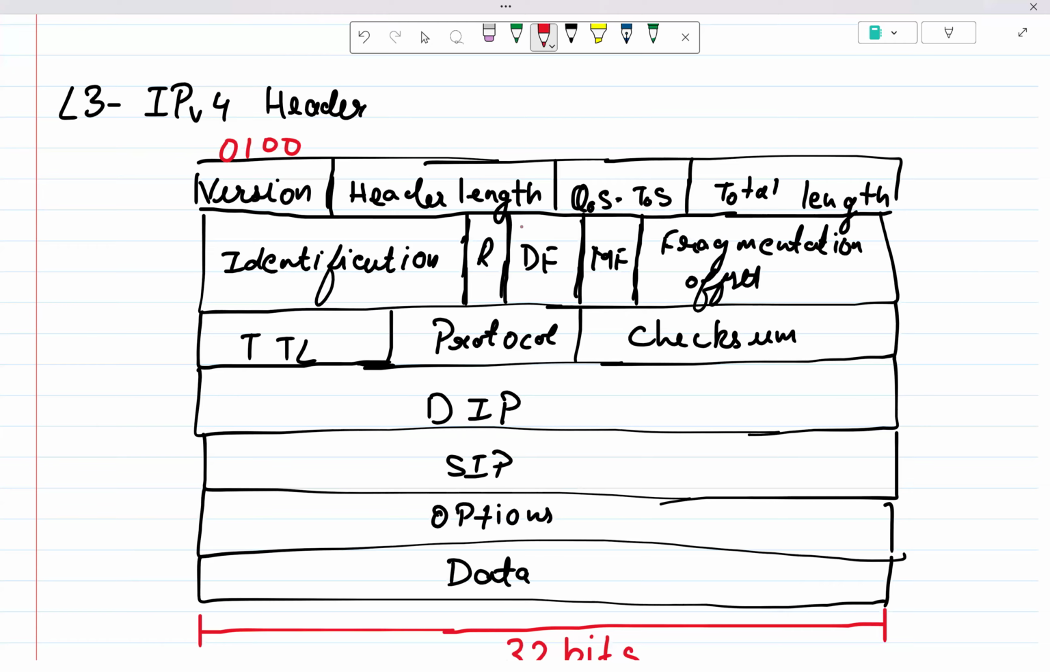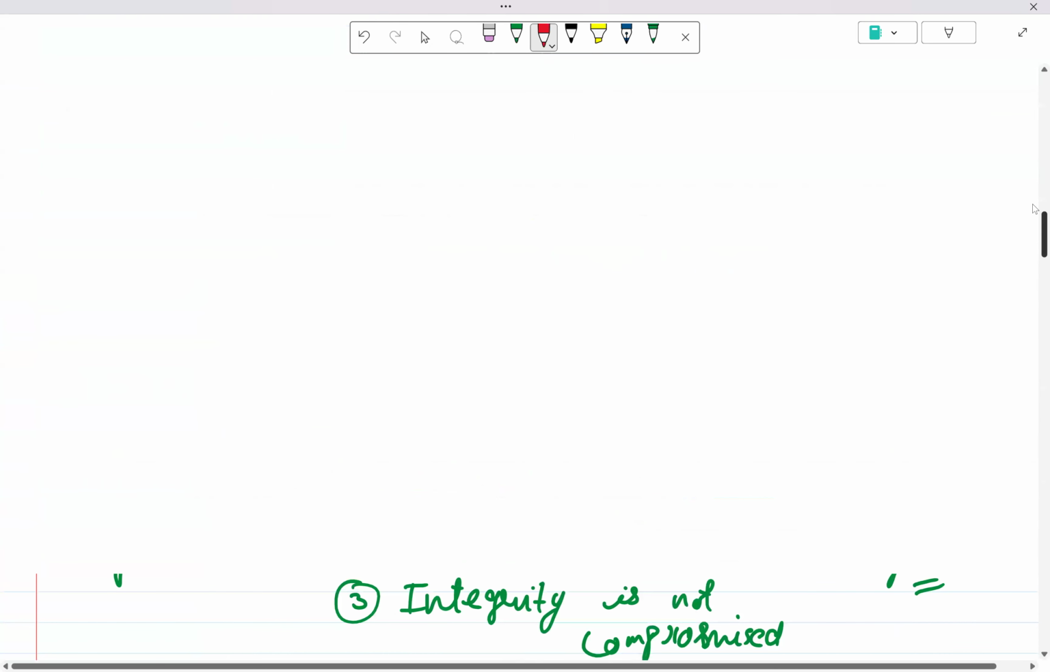Now the header length. Header length is the minimum size of your IPv4 header that is supposed to be there, meaning that it is the minimum length of your IPv4 header. Below that number, your IPv4 header is incomplete. So just like your